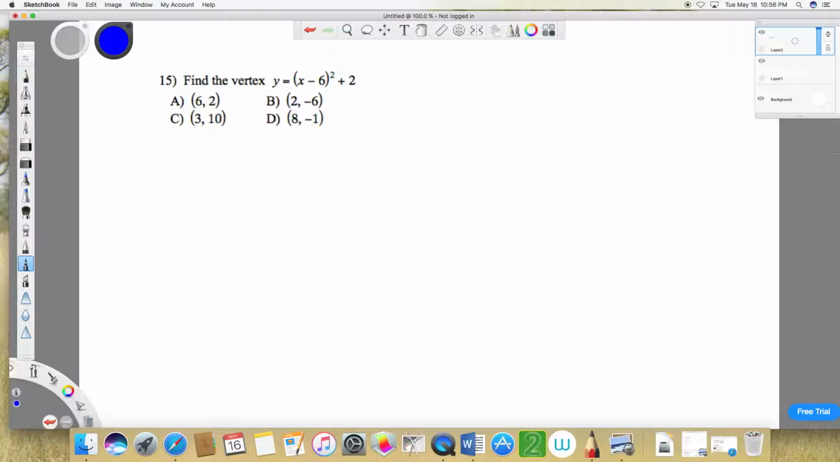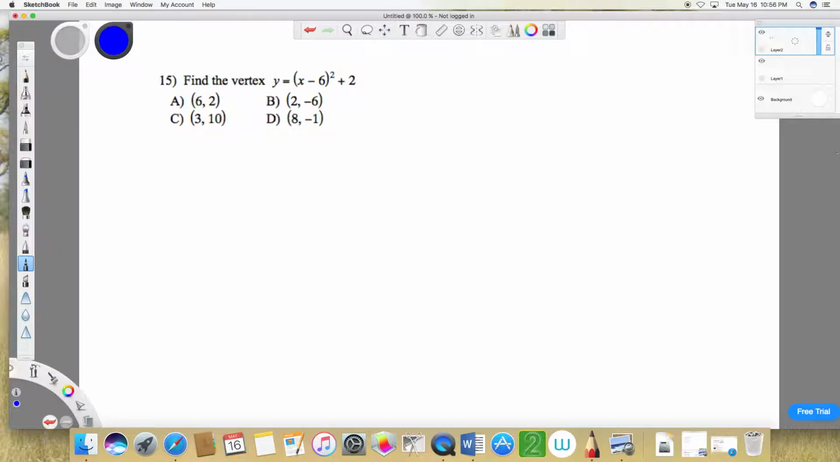Let's take a look at this problem. Find the vertex. And it gives us an equation: y is equal to the quantity x minus 6 squared plus 2. So this is a quadratic equation. It's very similar to the last problem that we looked at, but you're going to find this problem a little